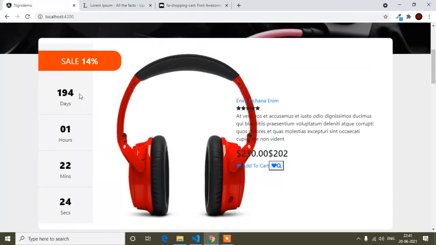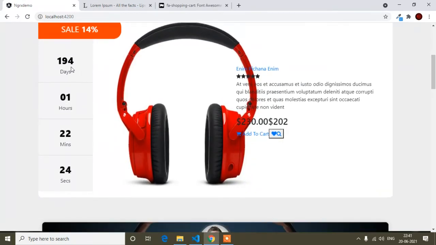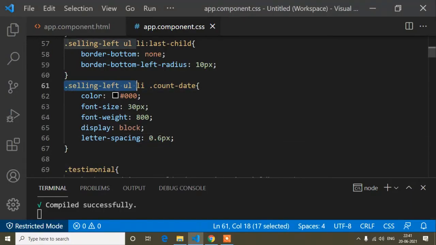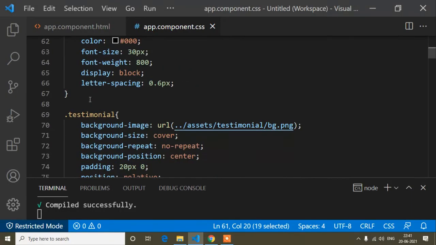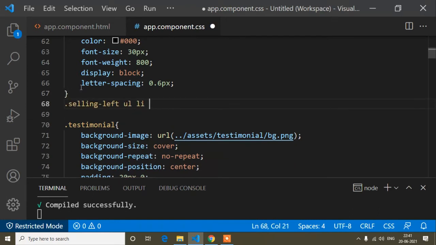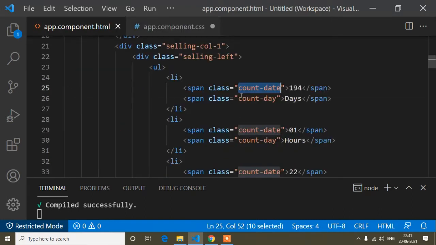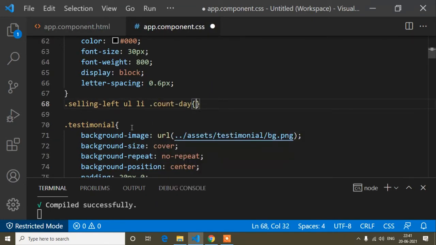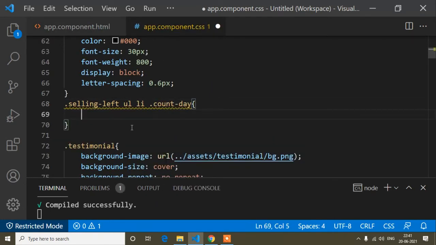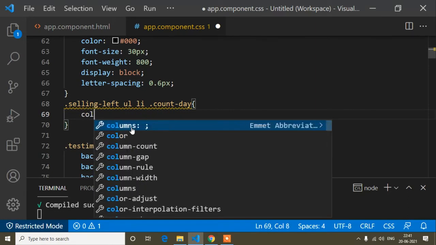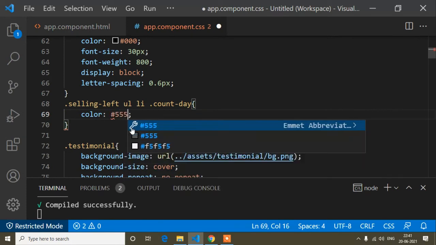So here you can see it's looking like this. And now I will add the design for this one. So first of all I will copy up to li tag, and then this count day, so this one. And now here first of all color, so color is this color code.